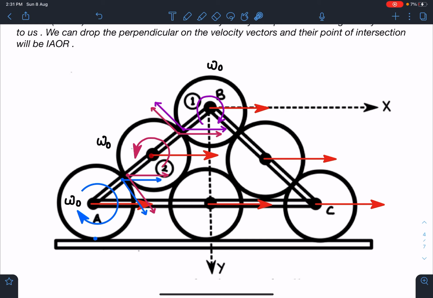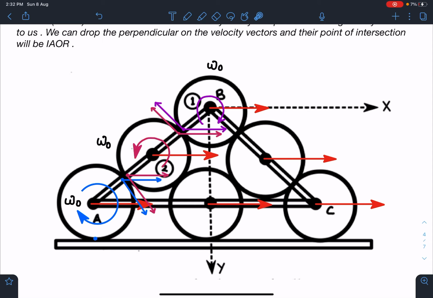Its center of velocity we know, but if you see the contact point, and if there is no slipping here, then their velocity vectors along the tangent must be in the same direction. So this point is having a translation due to VCM, and it is having R omega naught in this direction. Now roller 2 must have R omega naught in this direction for no slipping. I hope you are able to understand this. That means the second roller will have omega in anti-clockwise sense.